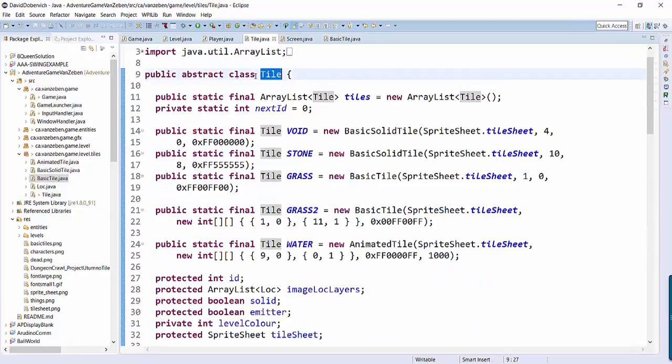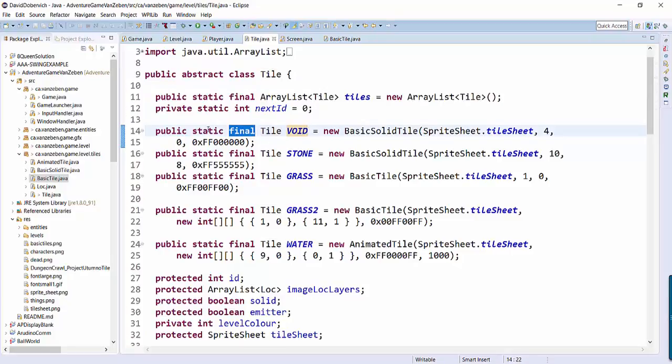However, the abstract tile class, Tile, has these public static final constants. Final means it can't be changed. Static, remember, means that it is a class variable, which is why I'm allowed to access it by saying Tile.void. I don't actually have to make an instance of Tile, which is good because you can't make instances of abstract classes. Alright, so what I'm doing is I'm running constructors for basic solid tile, basic tile, animated tile, and the